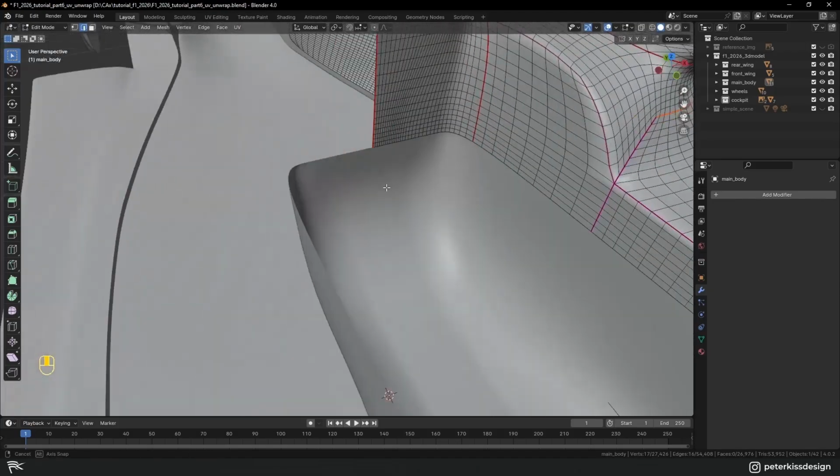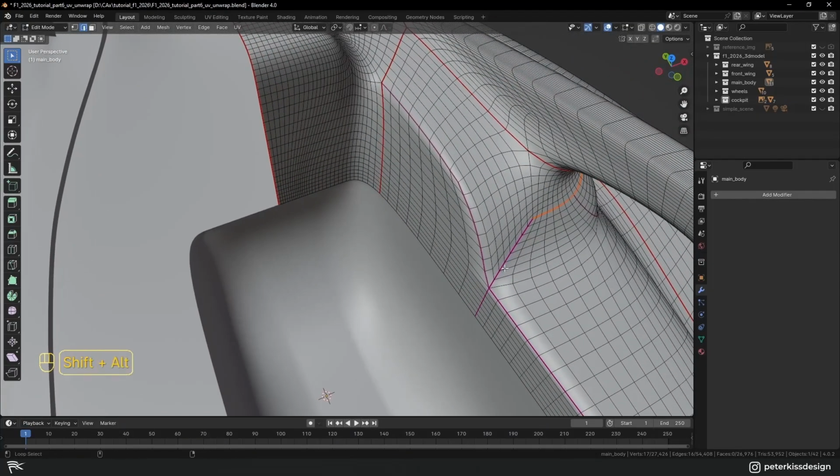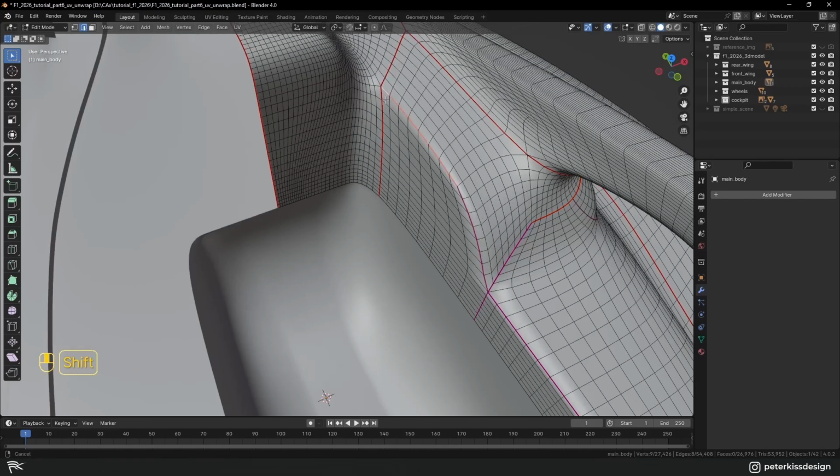Mark seam, let's split this inside part,